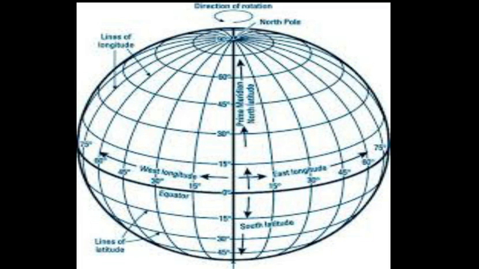Next essential element is grid. The network of imaginary lines, that is longitudes and latitudes on the map that intersect each other at a right angle is called a grid. We use a grid to help us describe the exact location of a place, direction or locate a feature on a map and on a globe.